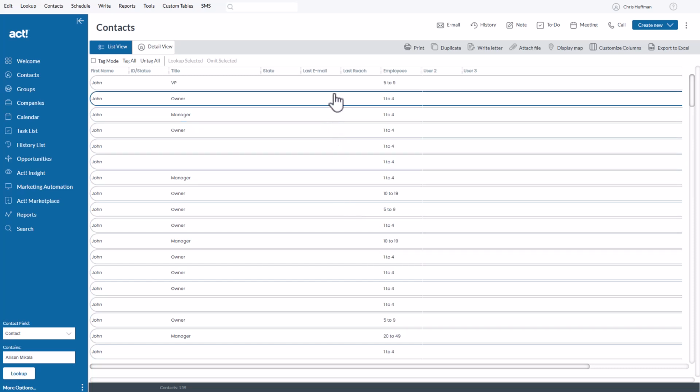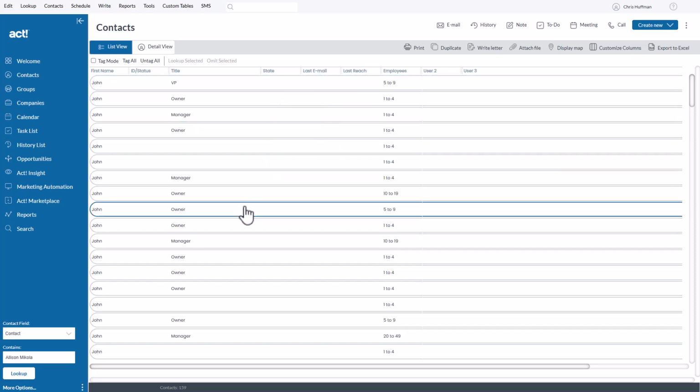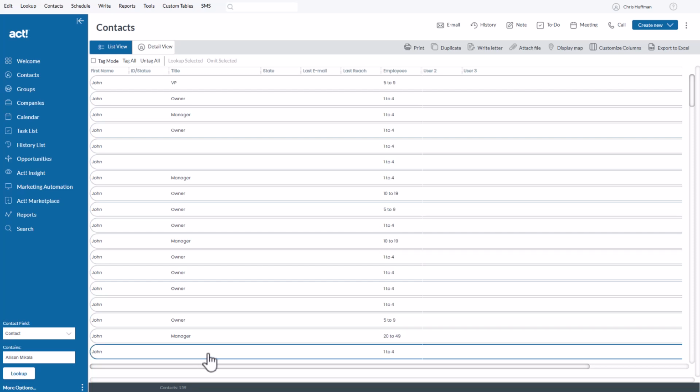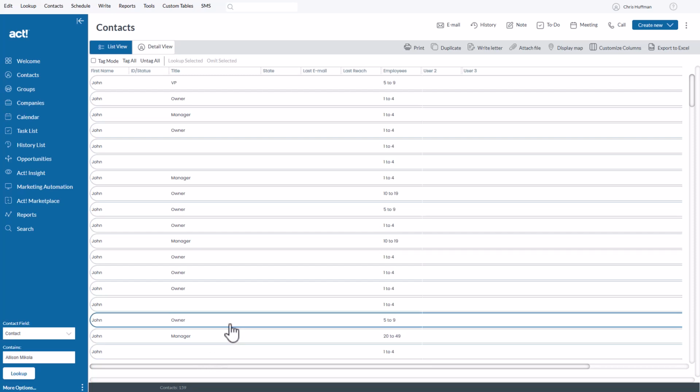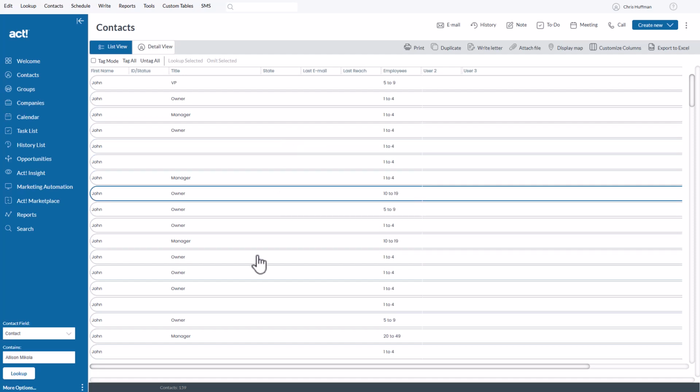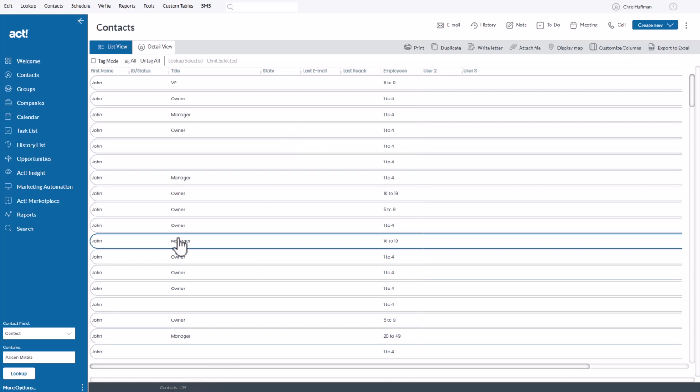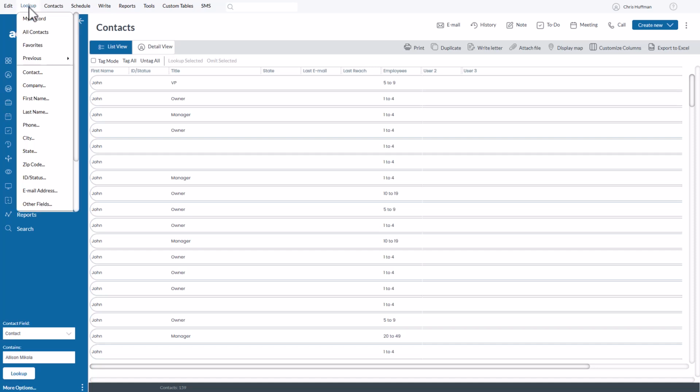And what I want to draw your attention to is, again, I've limited what you see on the screen for privacy reasons. But if you look down at the bottom, you'll see there's 159 contacts whose first name is John. But let's say that we want to narrow this lookup down to only be the contacts whose first name is John, but they have a state. And you'll notice the state is mostly blank here. So again, we have 159 contacts,